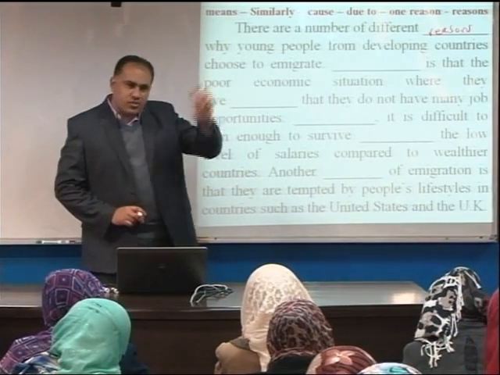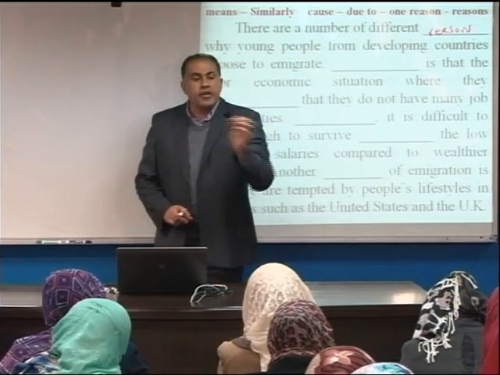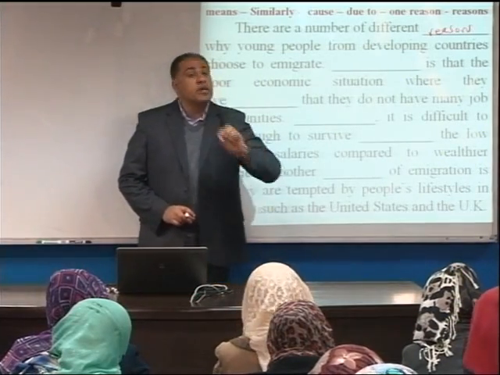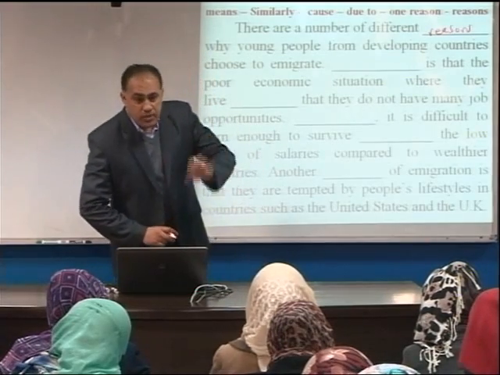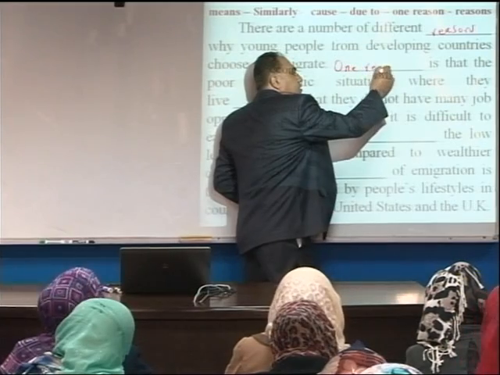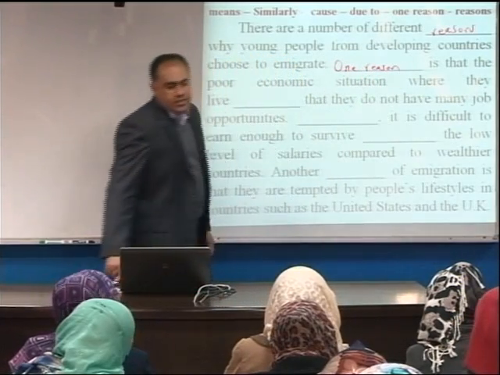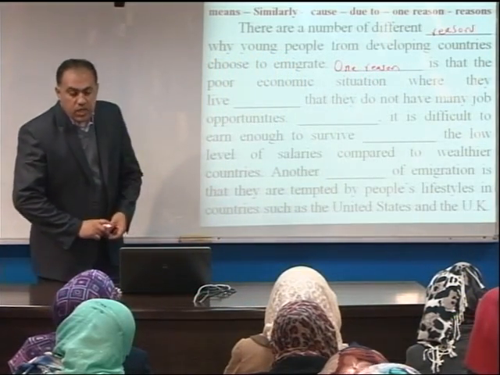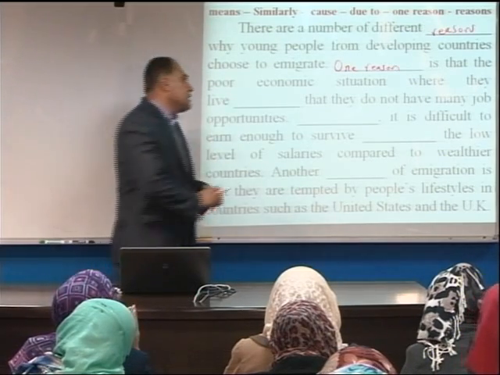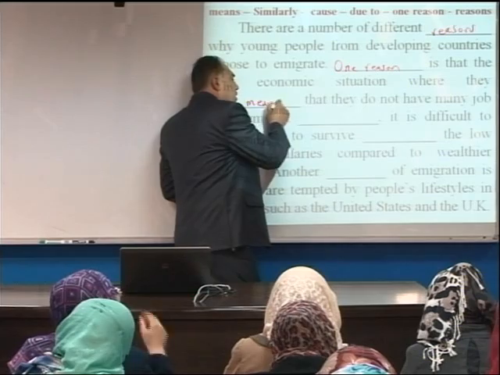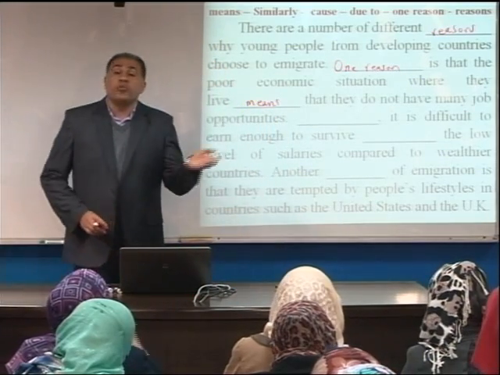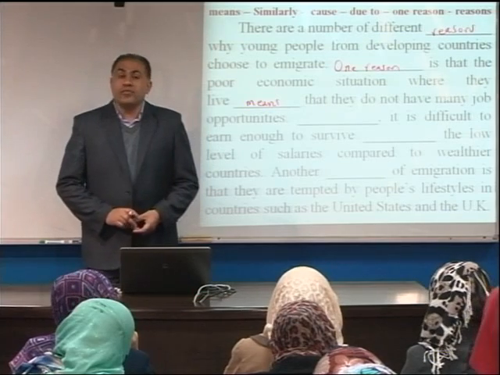Because we have the verb is, so we always have the grammar helping us in choosing the right word, if it is a word or a phrase, an adjective, a noun, an adverb, and so on. So one reason is that the poor economic situation where they live means that they do not have many job opportunities. Okay, after that,